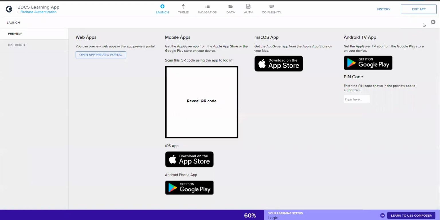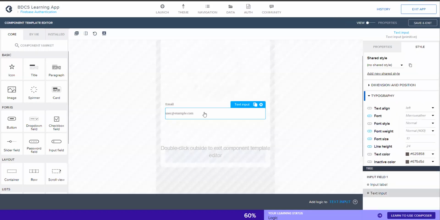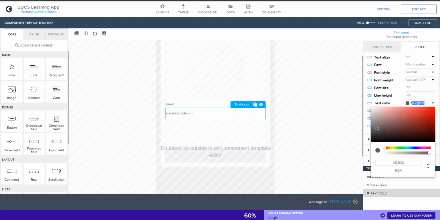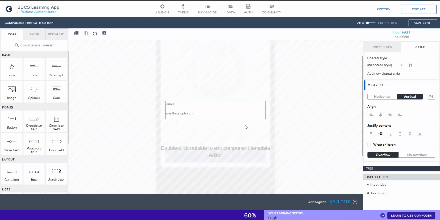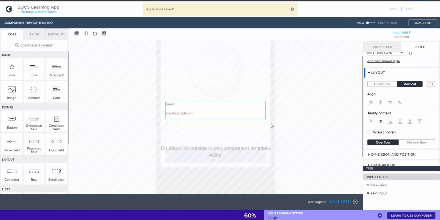And here, oh, it did not change. We have to probably change it one more time. So go back in here. It should have changed. Make sure you do the inactive color the same hex as the regular color.